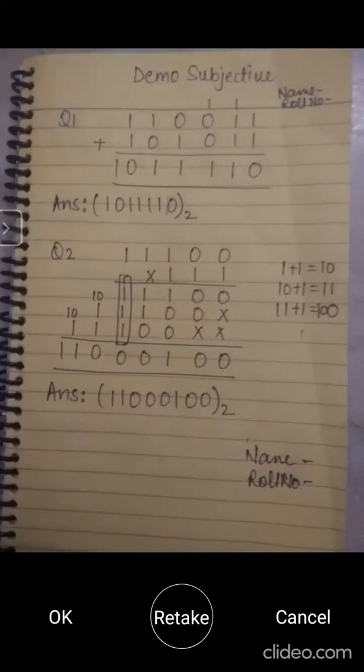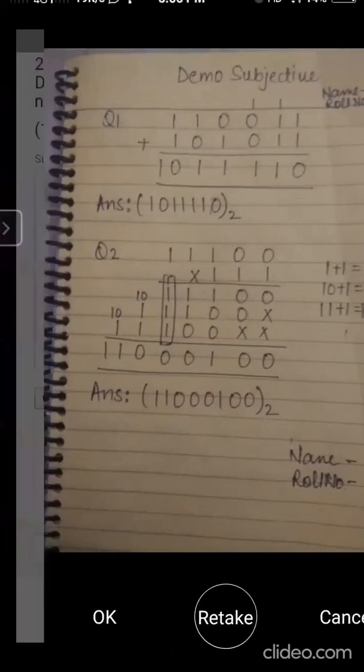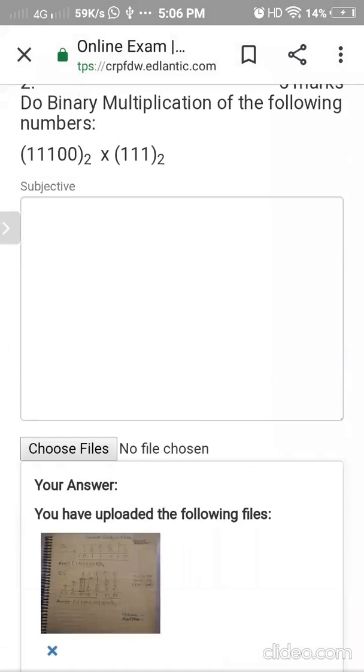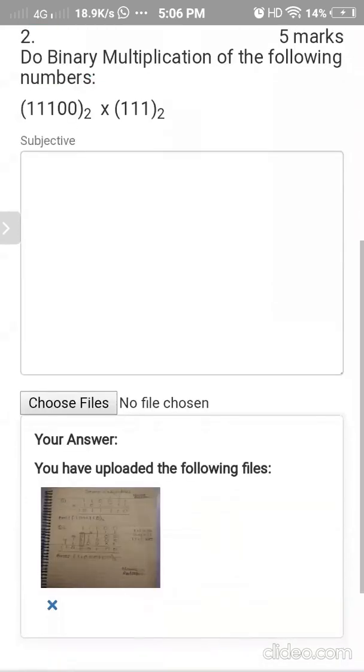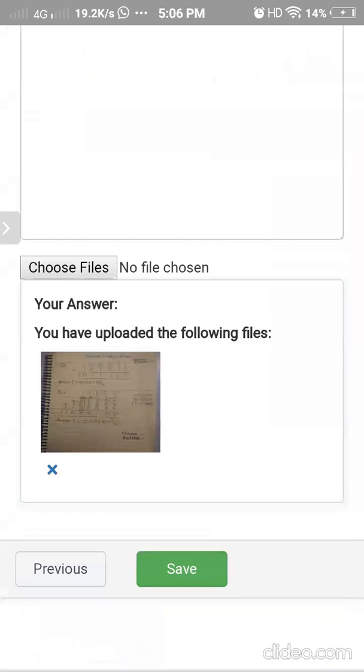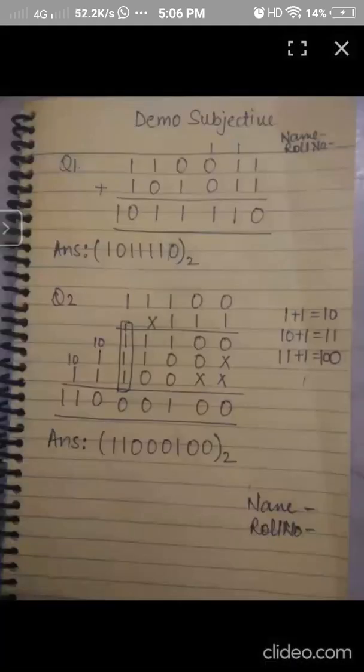But it is compulsory to upload it one more time in the second question, because if you upload it only in the first question, your second question will not be assessed. So for every question you have to click the picture and you have to upload it. And don't forget to write your name and roll number at the top of every picture you are clicking.